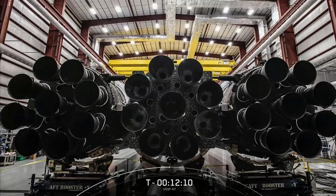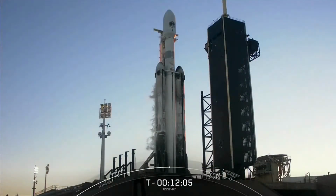The 28th engine is a Merlin vacuum engine on the 2nd stage and will power the payload to its final targeted orbit. Now, altogether, the Merlin 1D engines at the base of Falcon Heavy produce 5 million pounds of thrust. That's equal to 18 747s at takeoff. Now, in fact, the engines produce so much power that we don't run them at full thrust all at once